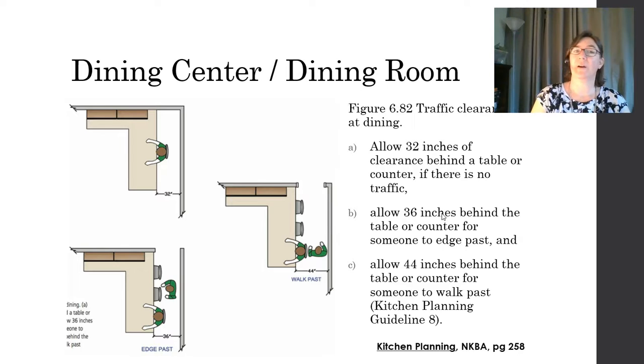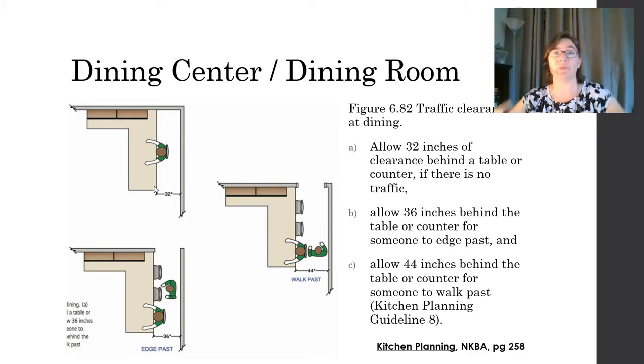An important part of your dining center or dining room planning and layout is going to be the traffic clearances. We need people to be able to move around the room and move around those seated diners. So you'll recognize this from kitchen planning guideline number 8. Make sure to either allow 32 inches behind a table or counter if there's not going to be any traffic